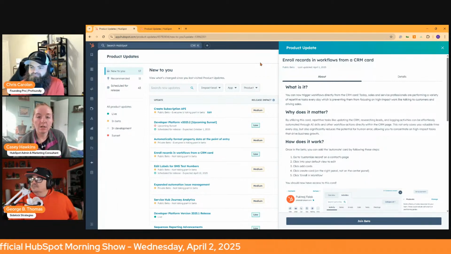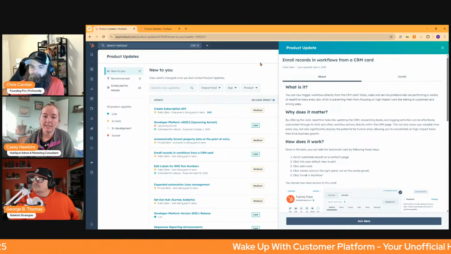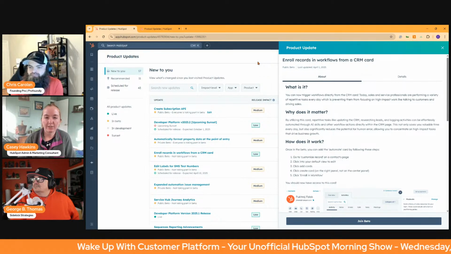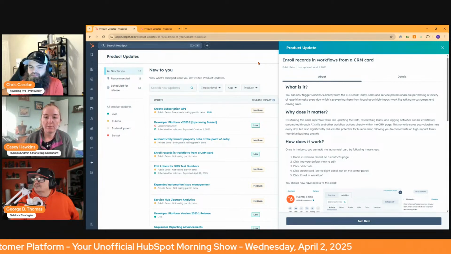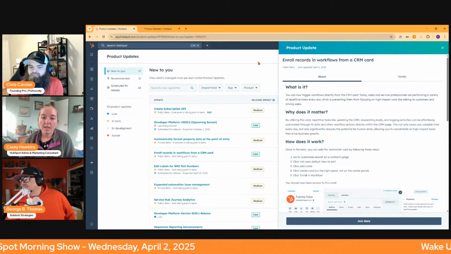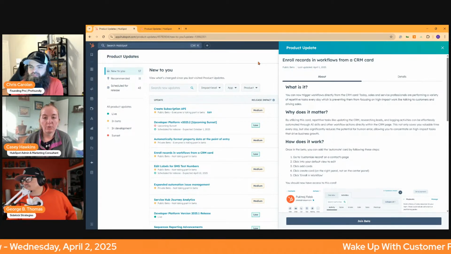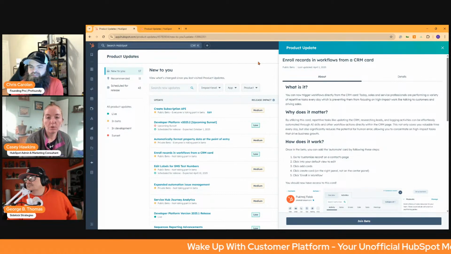By utilizing this card, repetitive tasks like updating the CRM, researching leads, and logging activities can be effortlessly automated through AI skills and other workflow actions directly within the CRM page. This not only saves you valuable time every day, but also significantly reduces the potential for human error, allowing you to concentrate on high impact tasks that drive business growth.